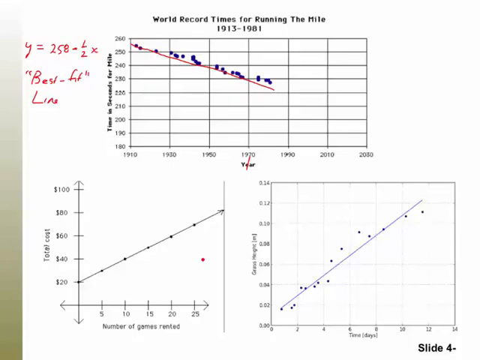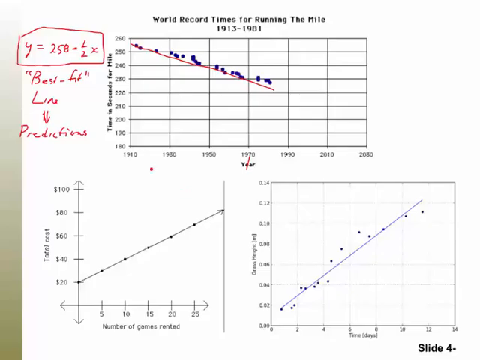So we want to come up with this line. That's kind of what I did by sight, right? I just kind of drew the best I could through the points, and we came up with this equation. So there is no true line through those points, but it's something like a best fit line. So the point of a best fit line is to make predictions. Now we can use that relationship to predict if that trend continues, what would be the mile world record in